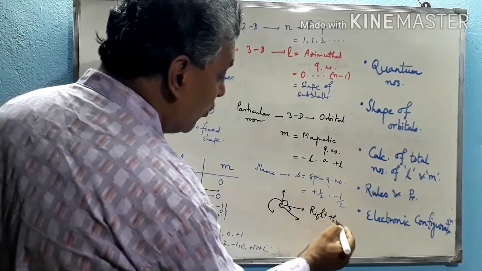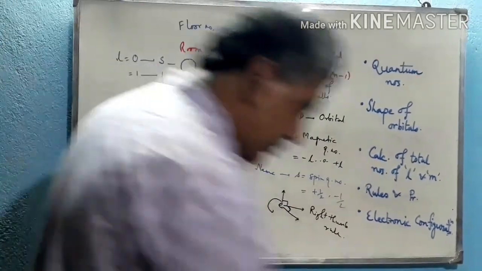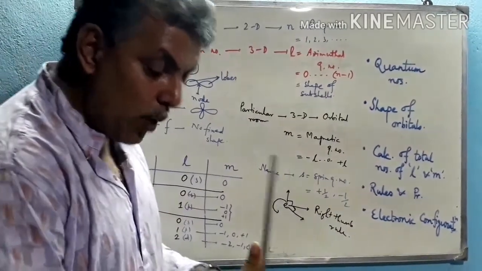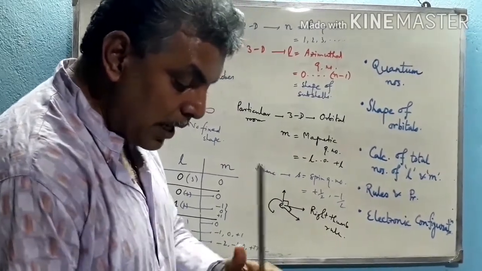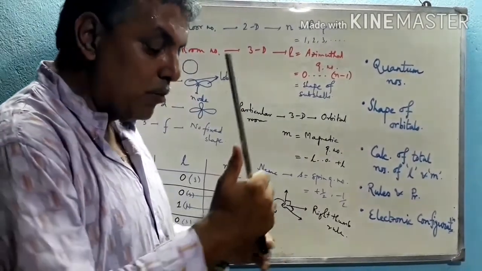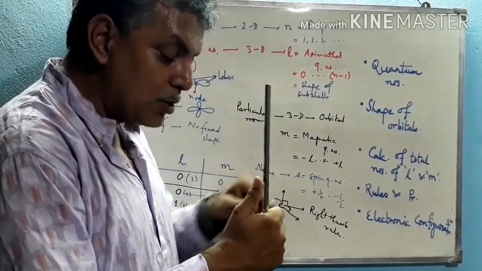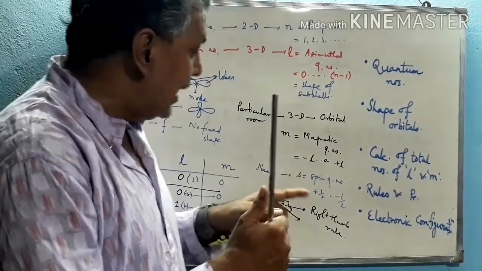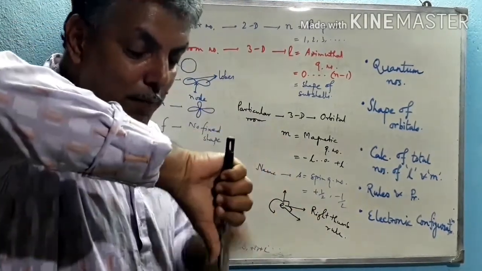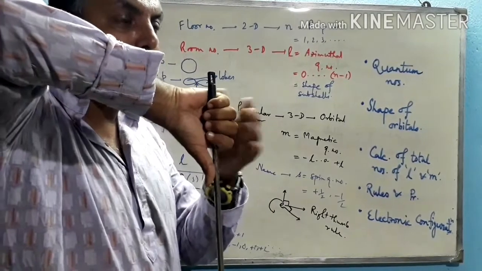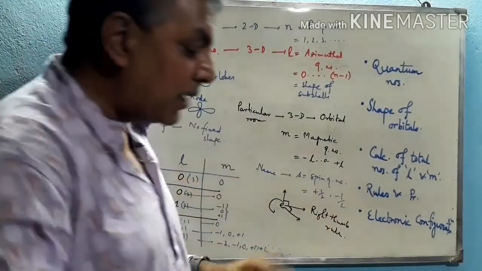Suppose the movement is towards the viewer, this is the right thumb rule. See the movement of my finger. In case of the right thumb rule, the movement of my finger is anti-clockwise, so the movement of the electron is also anti-clockwise, and that is denoted by plus half. If the magnetic field is away from the viewer, then the fingers of my right hand move clockwise, that means minus half. Clockwise movement of the electron denotes minus half.